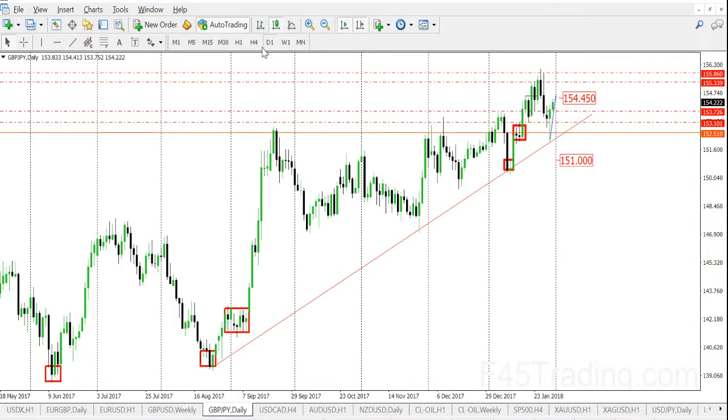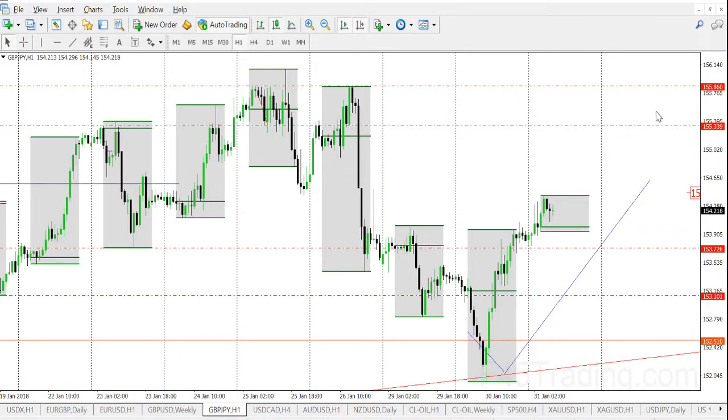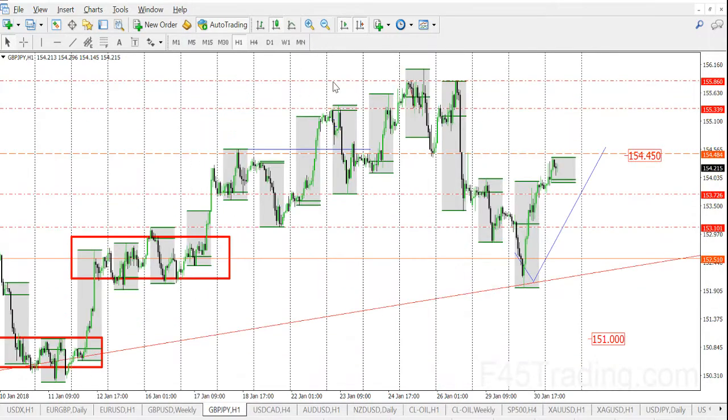But in terms of a trade, let me just look at this for a second here. I think we're going to see some rejection. Price is coming back in off of these lows right here. And this is a fairly significant support and resistance level in here. And see what price has done. So at this 154.45 level, or 154.50 level, whatever you want to call it, depending on your broker,